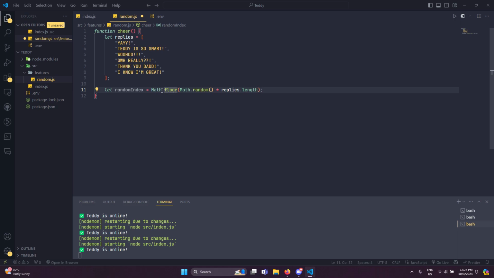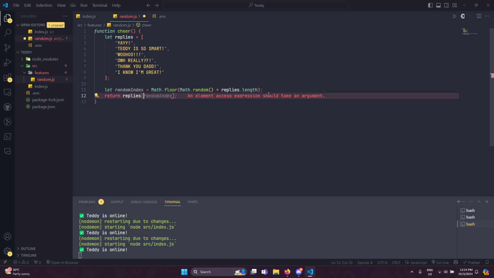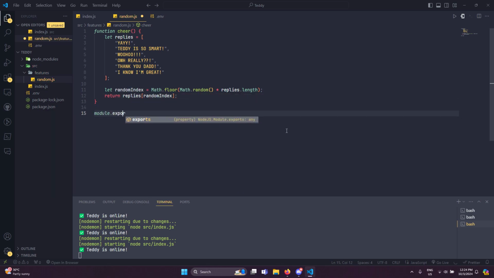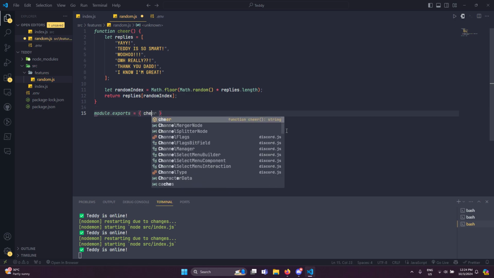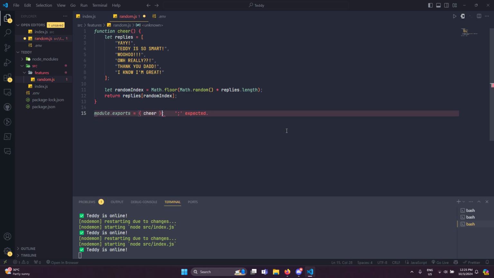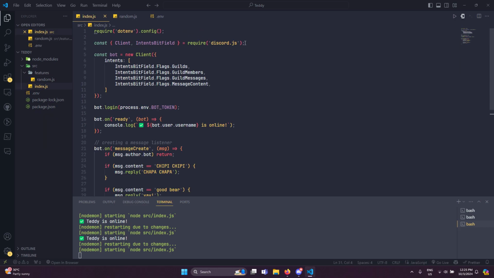It's basically returning the floor value of the decimal. And lastly, we need to return replies, open a square bracket, and random index. That's what we need to do. Over here, we type module.exports equals, open the destructurer and then put in the cheer function. I name it cheer because it's the same as the function. So save that, go back to here and click on